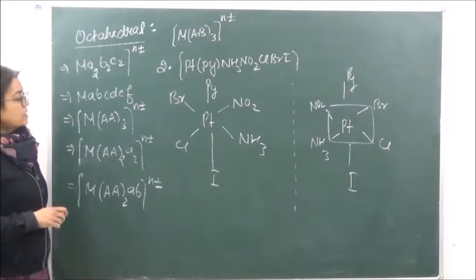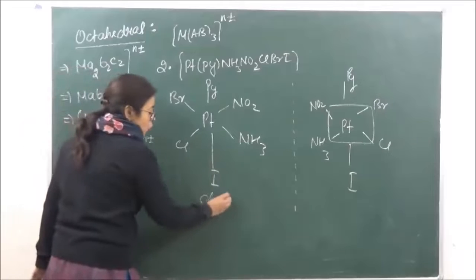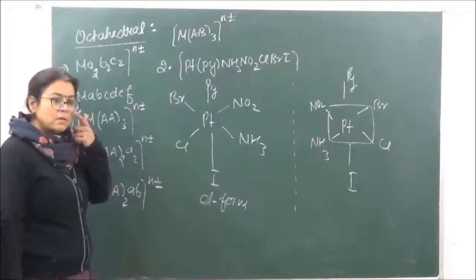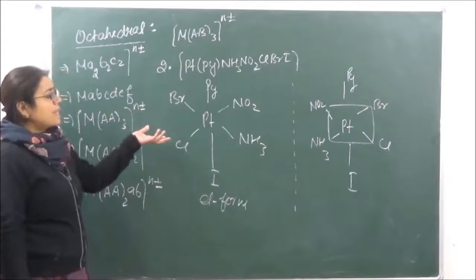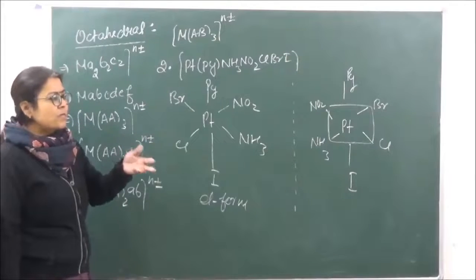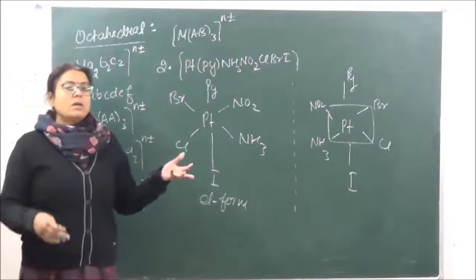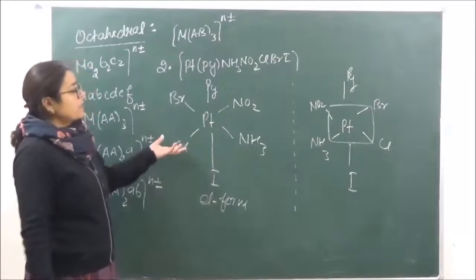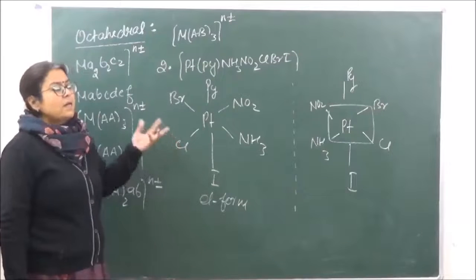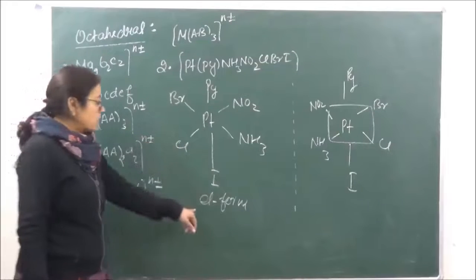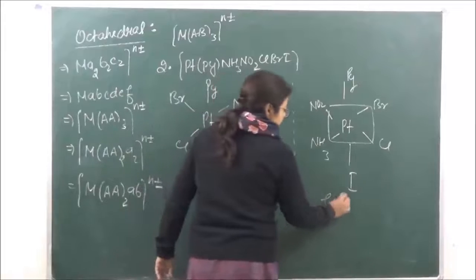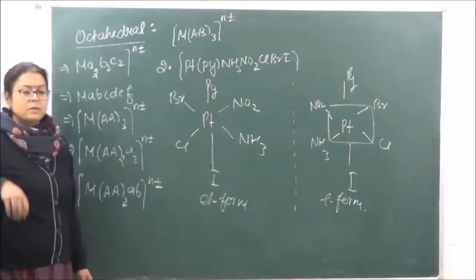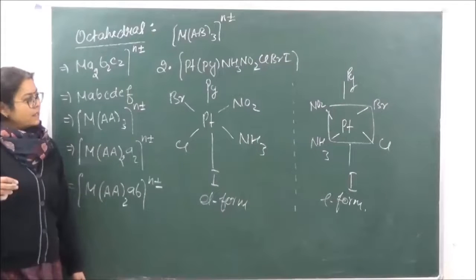So this is going to be the D form, although this compound does not show simple geometrical isomerism. It does show it, it has 15 different isomers, but we cannot pinpoint which one is cis and which is trans. We studied just now that it shows 15 isomers. So this is going to be the D form and this is going to be the L form. Is it clear?